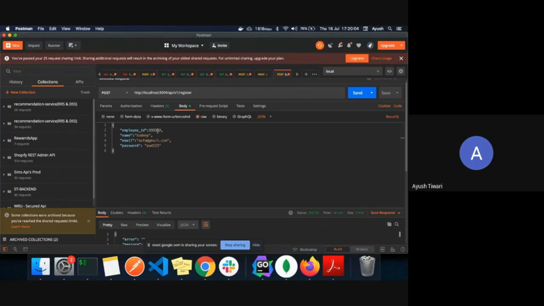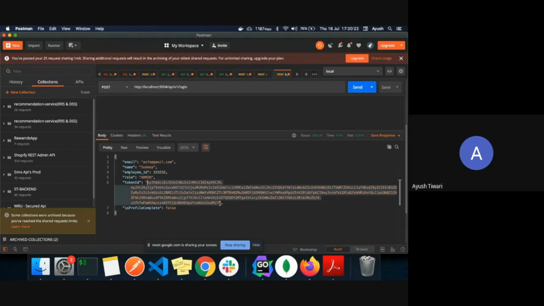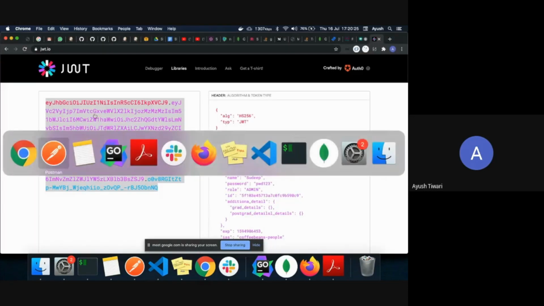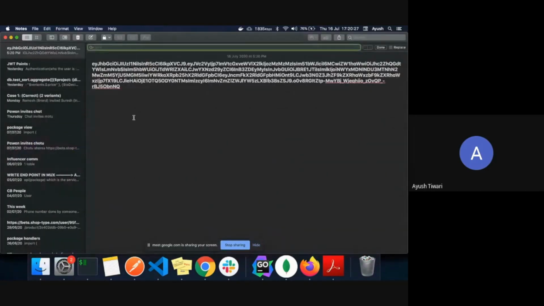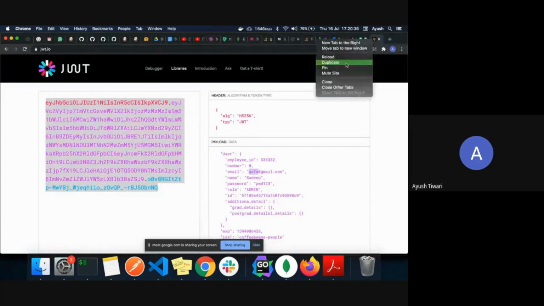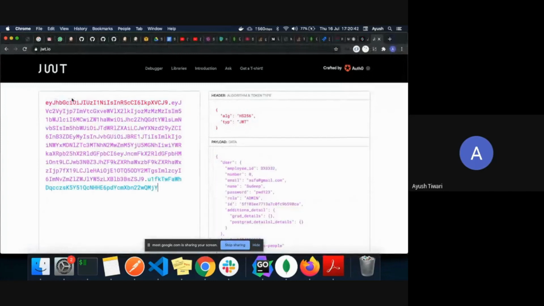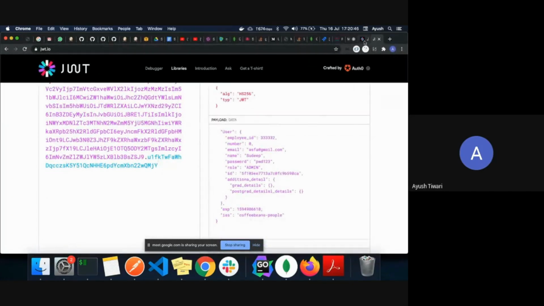If I try to log in with this, this token is generated for Sudeep. So this token and that token, anyone who wants to try, they won't be similar. As you can see, these two are different. I'll just duplicate this. Though the token which is generated has the same payload,